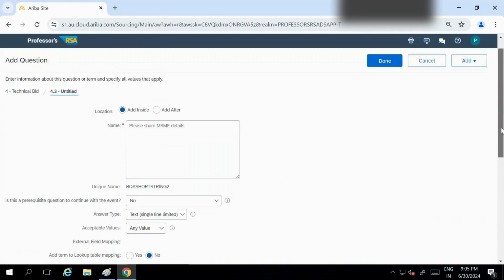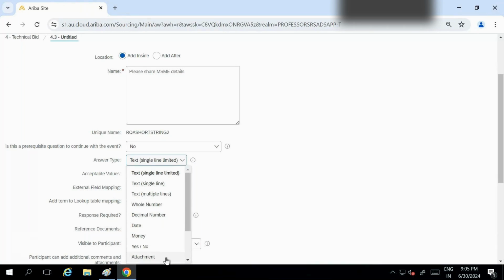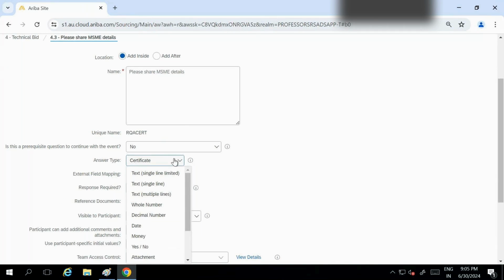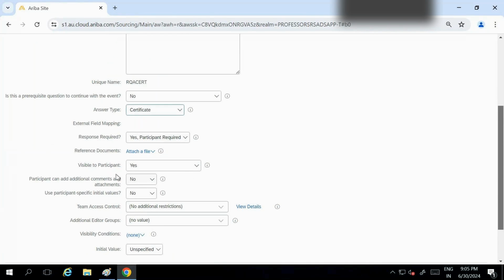Now we have to take the certificate details. Answer type, we can say certificate, or we can say attachment. In certificate we can also create an attachment. So now he needs to attach an MSME certificate. Response required from participant, yes. Visible to participant, yes. Additional, no.